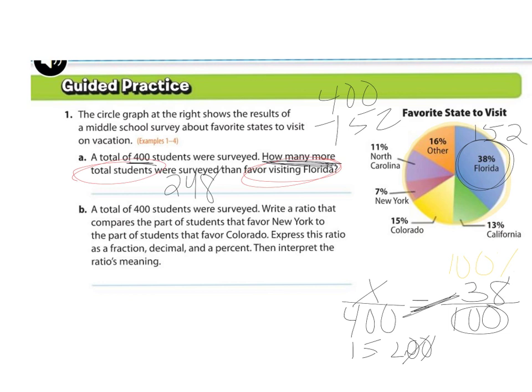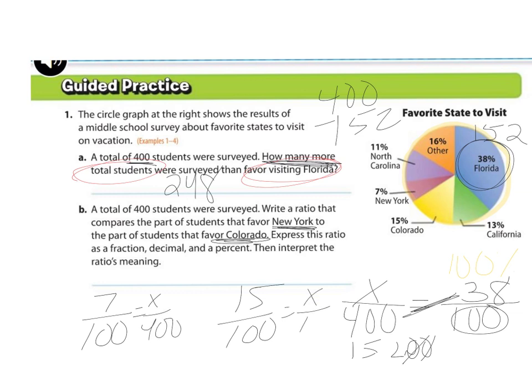So the next problem still says we have a total of 400 kiddos, and we're going to look at New York, and we're going to look at Colorado. So we want to know the ratio of New York kiddos to Colorado visits. When we look at New York, it's 7% out of 100. And when we look at Colorado, it's 15% out of 100. So we can set this up, the ratio is 7% to 15%. We can also find the numerical value of those. So if we set that up to x over 400 and x over 400,